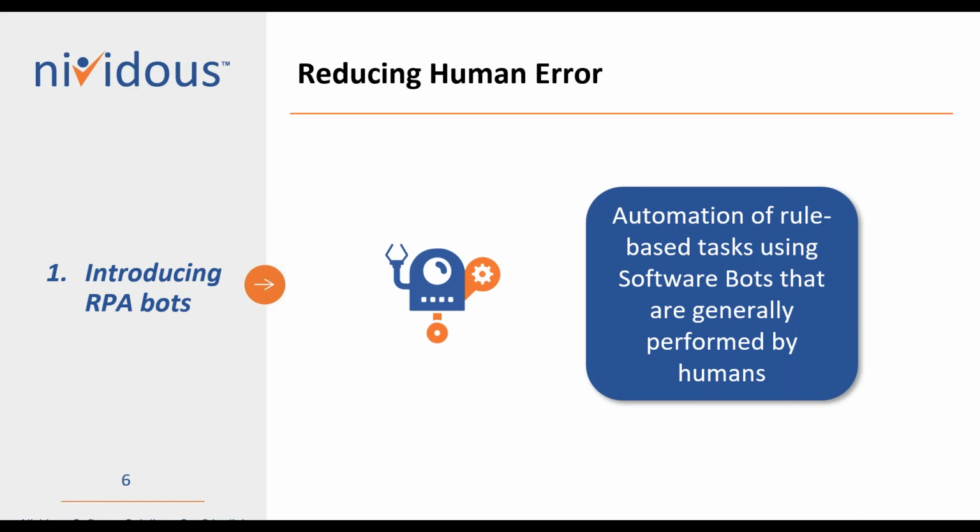Bots, obviously there still are chances that you could have errors when you're using bots, but the errors won't come from the bot. The errors will only come into the mix if there's bad data coming in or somehow something gets corrupted in the handoffs of the different pieces of the process. But the bot itself is never really going to make a mistake.